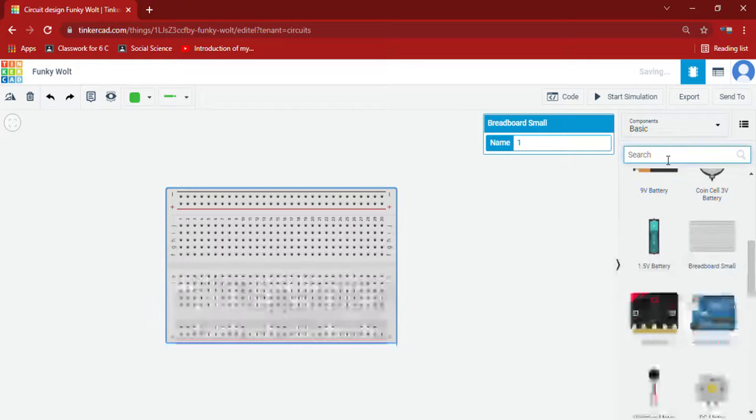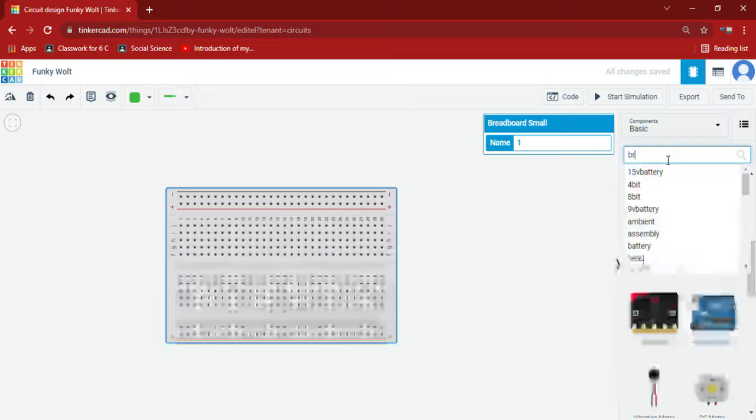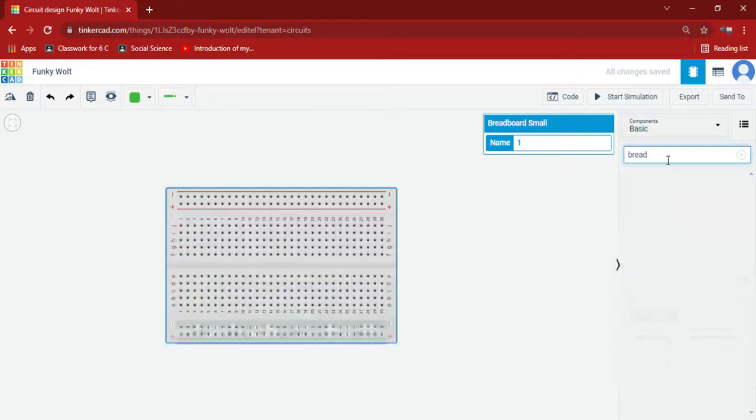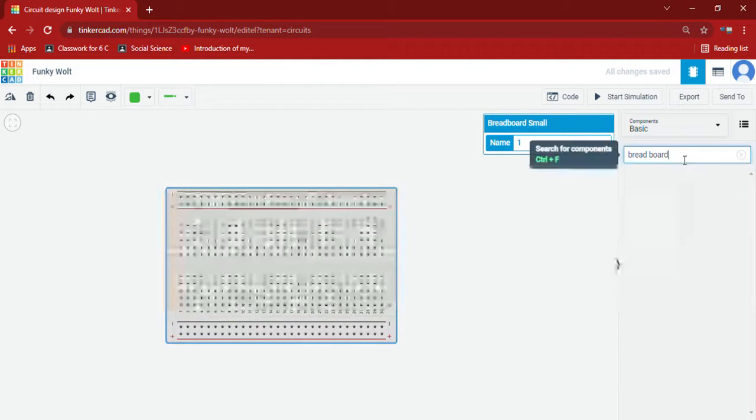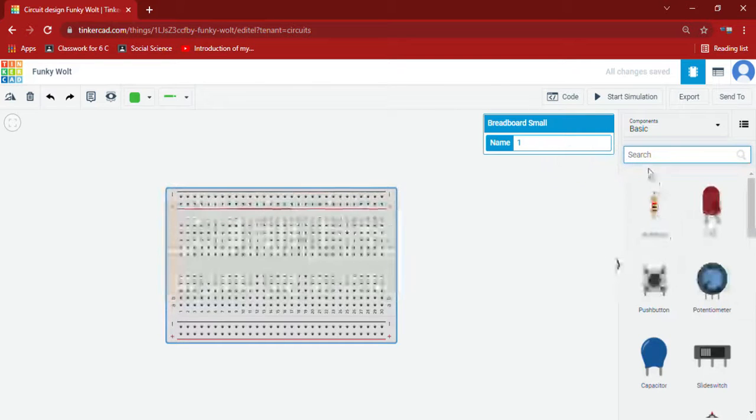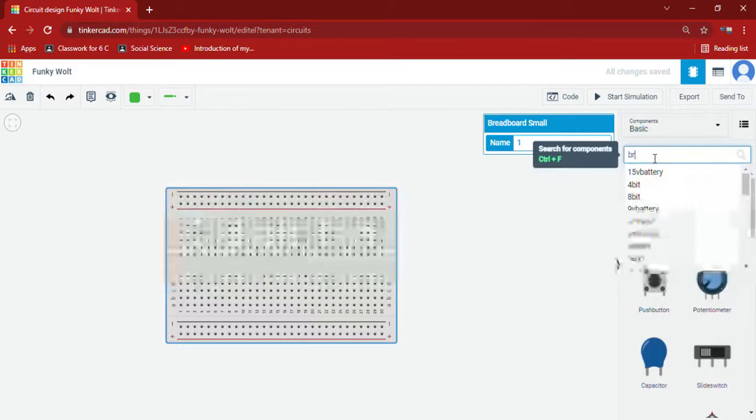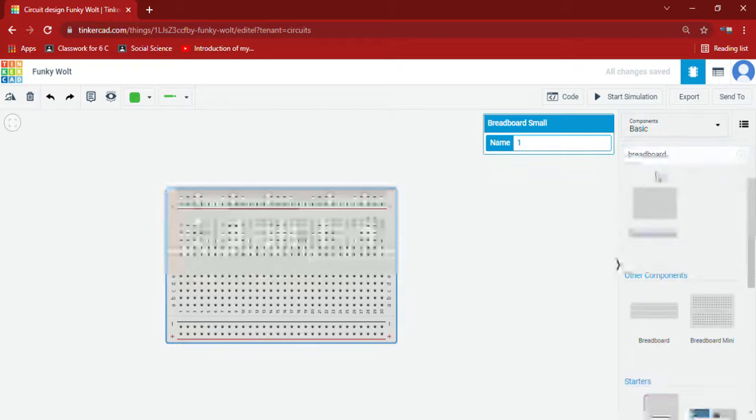In search I will type breadboard, and now when I enter, you can see when I click breadboard there will be breadboard small, breadboard and breadboard mini. This is breadboard small and breadboard will be big.